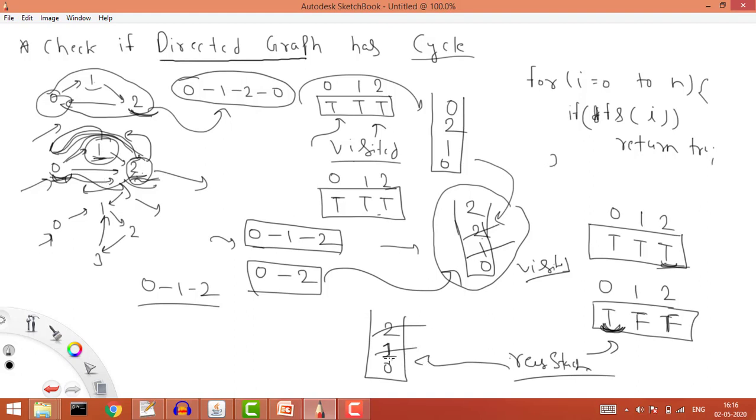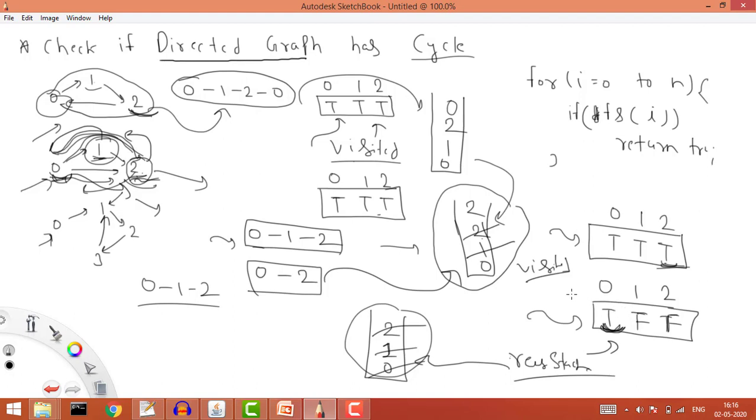Now we are done, and for this 0 we have covered both the cases, right? So at the last, if our stack is empty and there is no cycle, we can say there is no cycle at all. So how have we solved the question? With the visited array we have taken this recursive stack array as well, and with the help of this one, we are solving that.